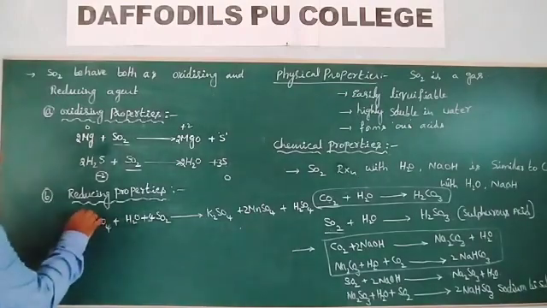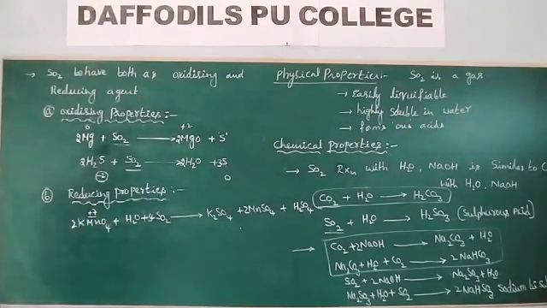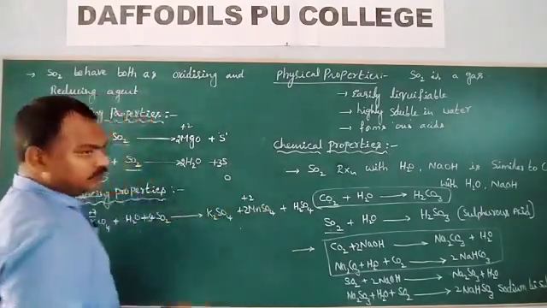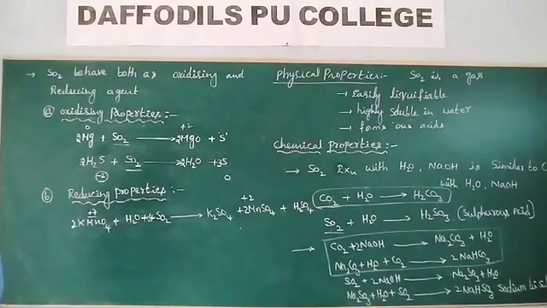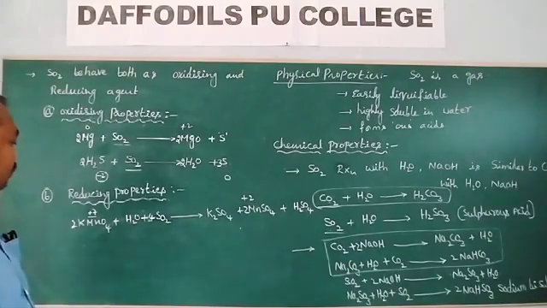So look at the oxidation state of manganese here. Here the manganese oxidation state is +7. Here the manganese oxidation state is +2. So what happens to the oxidation state? The oxidation state is decreasing. Decreasing in oxidation number is known as